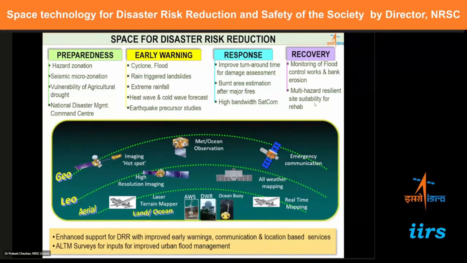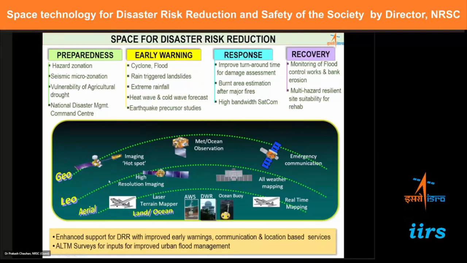Like you must have heard about cases like Joshimath, a lot of problems are happening. So the government is trying to relocate those people. So we have to find out suitable areas where these people can be relocated in terms of assessing the vulnerability to multiple hazards. So currently, as you must have heard in different lectures, we are operating different types of satellites